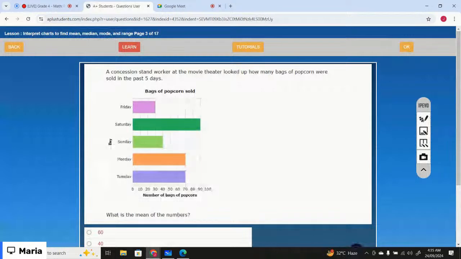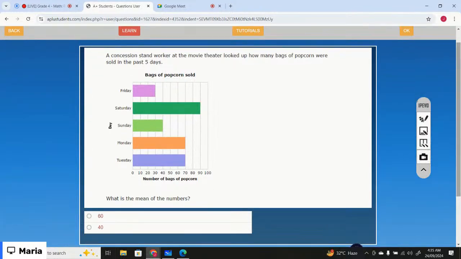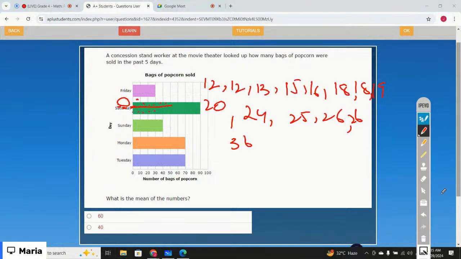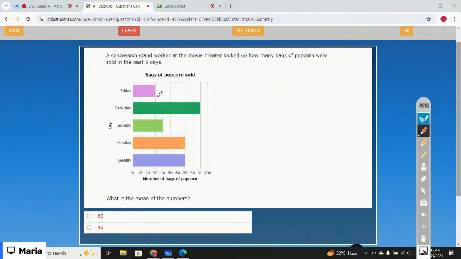A concession stand worker at the movie theater looked up how many bags of popcorn were sold in the past 5 days. What is the mean of the numbers? You need to calculate the mean. You need to read the graph. How do we read the values? Just match this to the x-axis. So this goes with 30. So here is 30. This is 90. Match it to the x-axis. This is